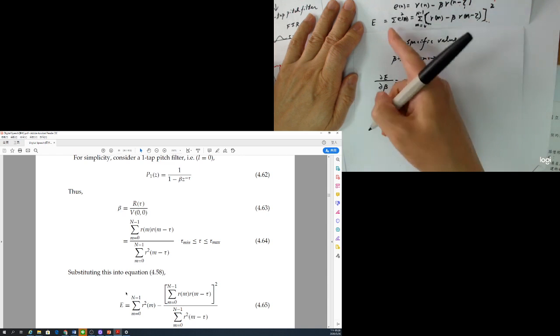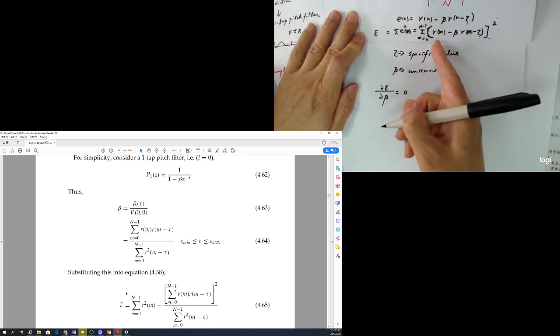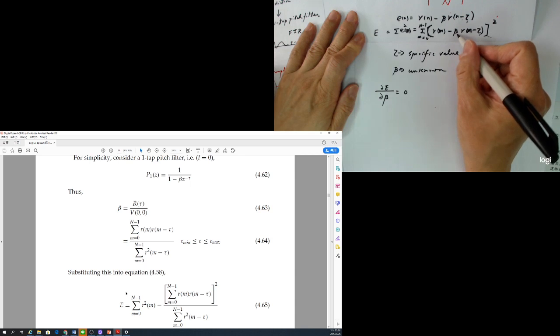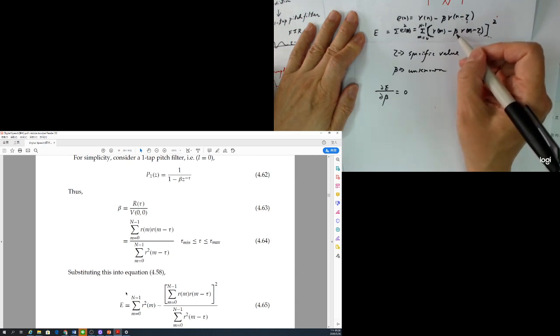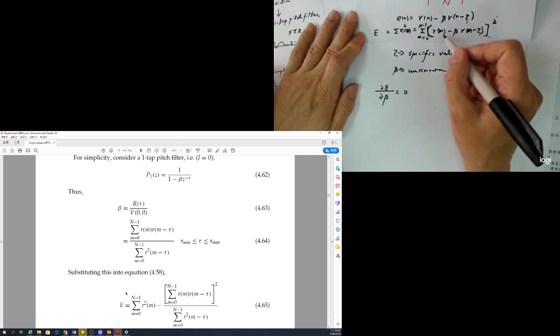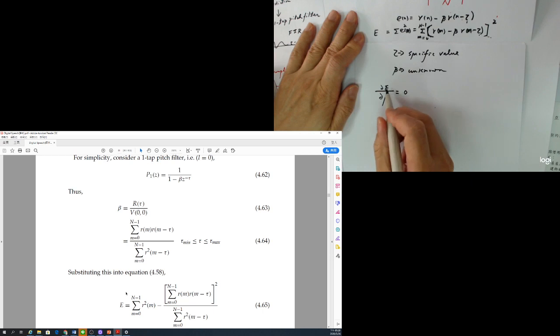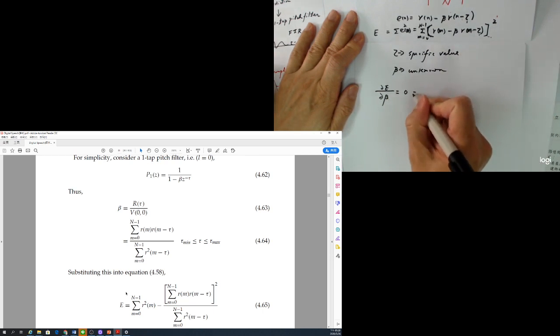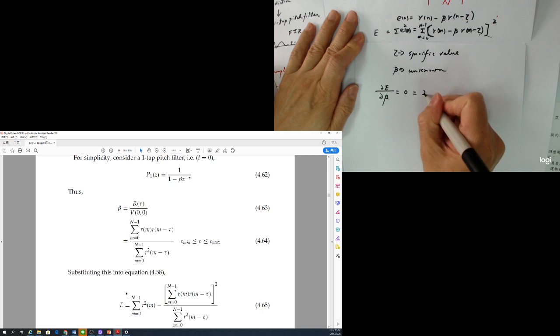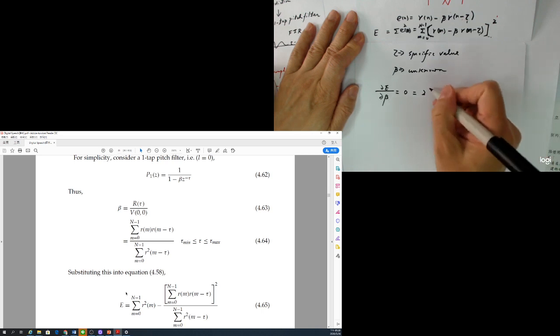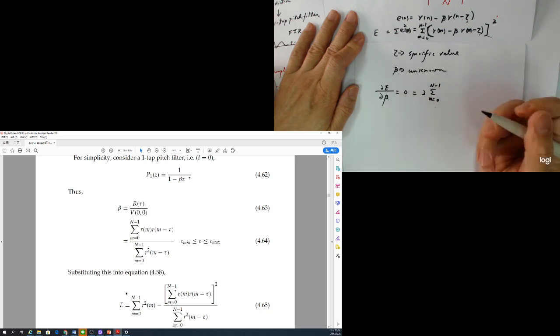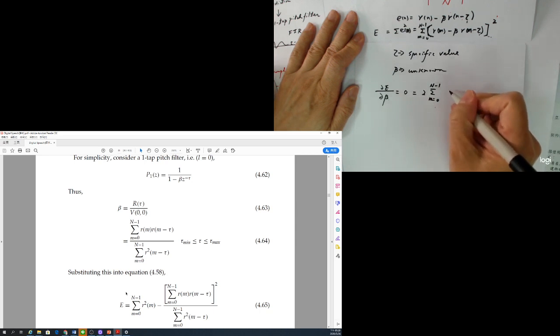Setting it to 0. This cost function will be at its minimum because it's a beta square, so this one is a second order polynomial function. Beta square is positive, so we have a minimum value. If our first derivative becomes 0, the condition will be 2 times the summation, n equals 0 to n minus 1, of r of m